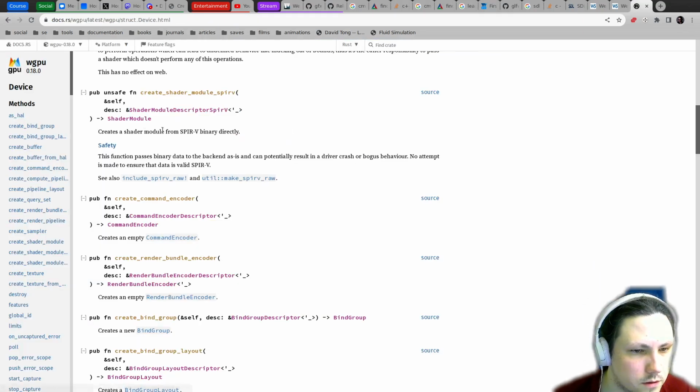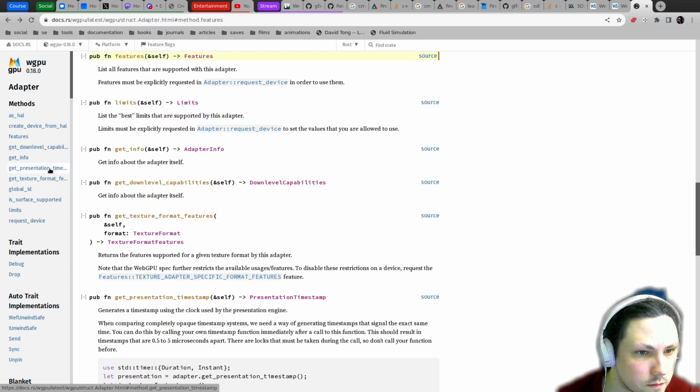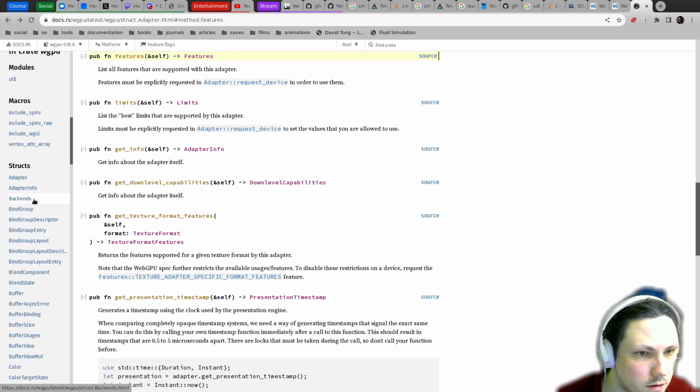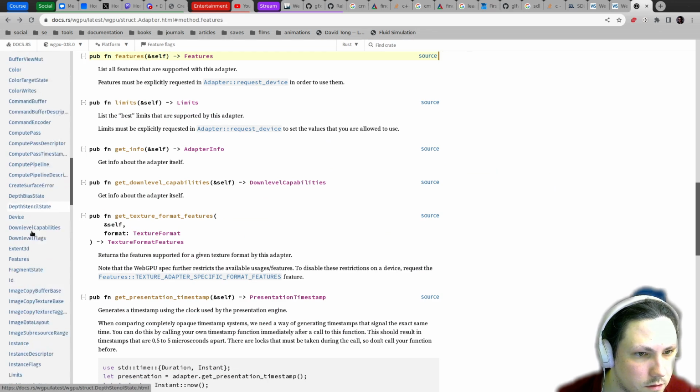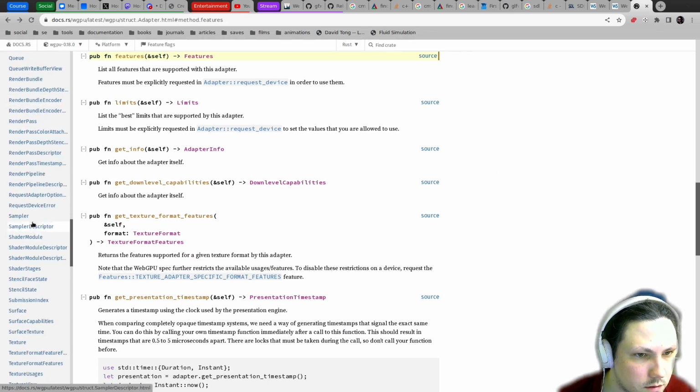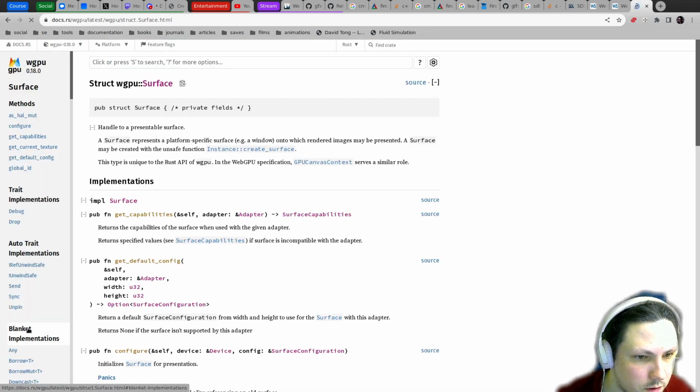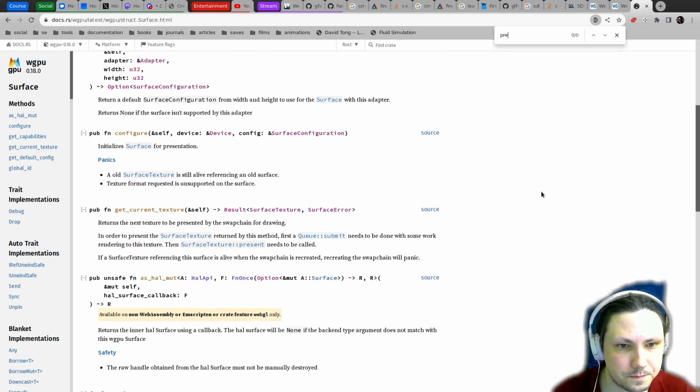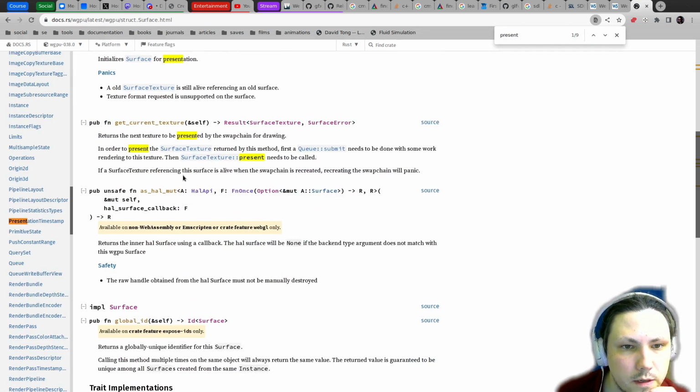Let's go to the docs. Device. Surface. Where is the surface? Here. Next texture to be presented by the swap chain. In order to present, first it needs to be done with some work. Then,